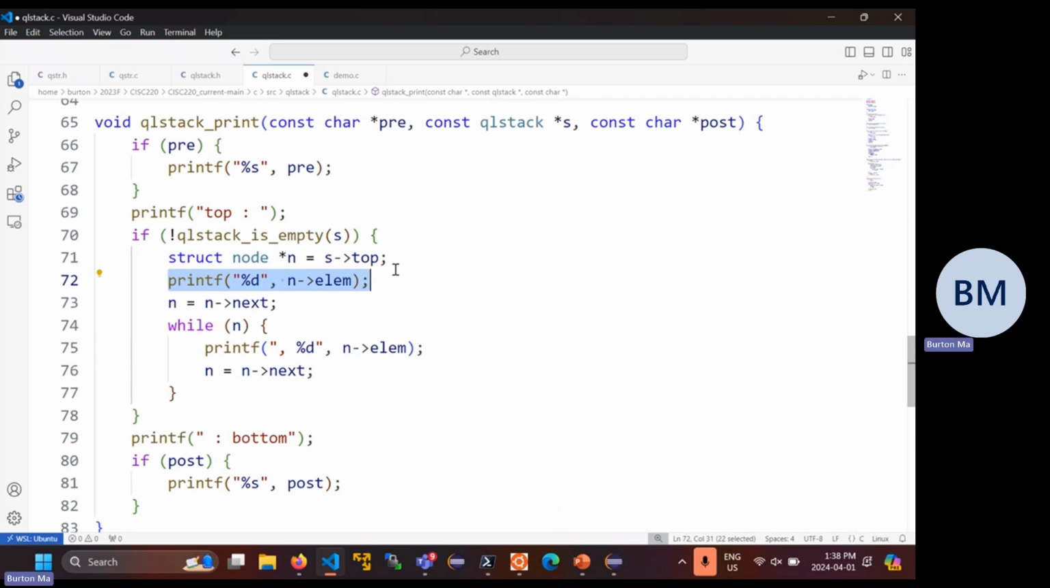In the next part of this lecture, we're going to change this so that you have a generic stack, and this becomes a little bit more complicated to deal with. Because I know it's an int, I can just print it as an int, and then advance n to the next node. So we printed out the first element of the stack, and now to print out the remaining elements of the stack,